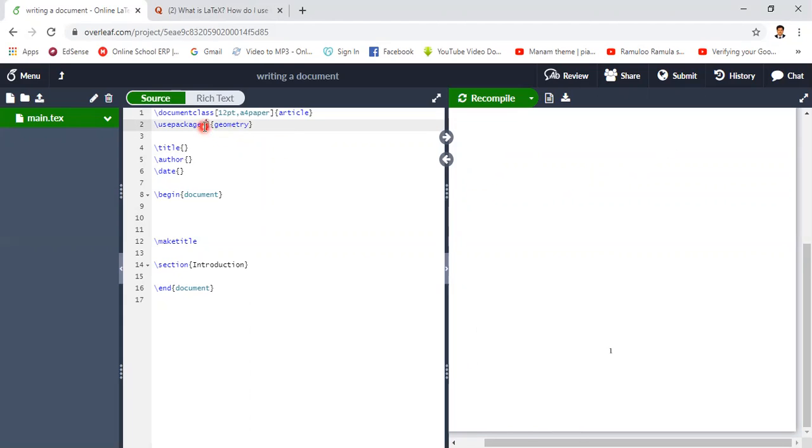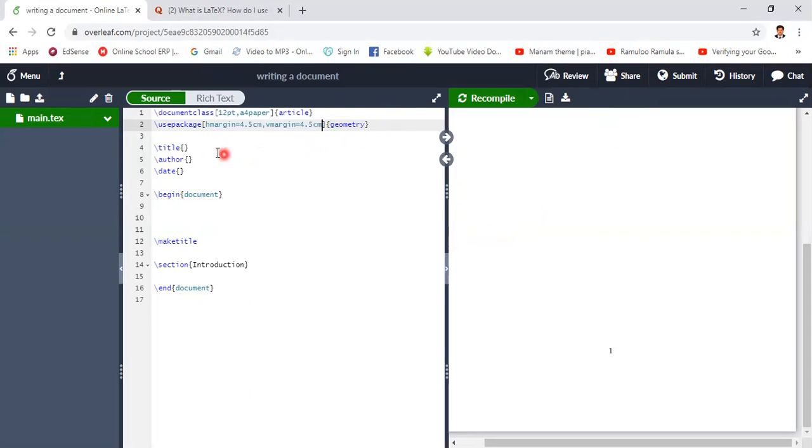So here I'm going to consider the margin, how much margin we can leave and how much we can use for writing the document. Let us take horizontal margin and vertical margin, which depends upon your university guidelines on how to write a thesis. Based on that you can get the horizontal length and the vertical length you can leave. That represents the geometry.